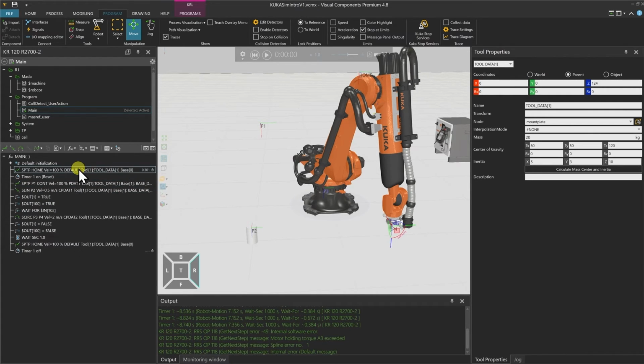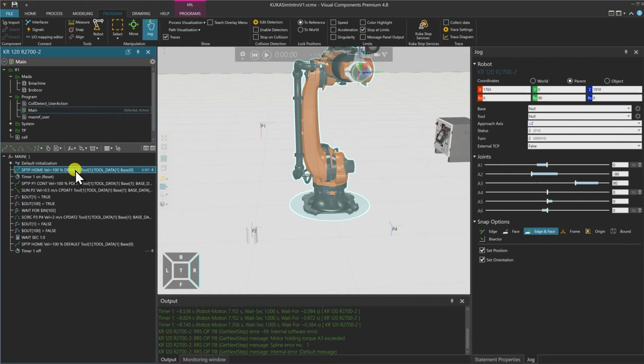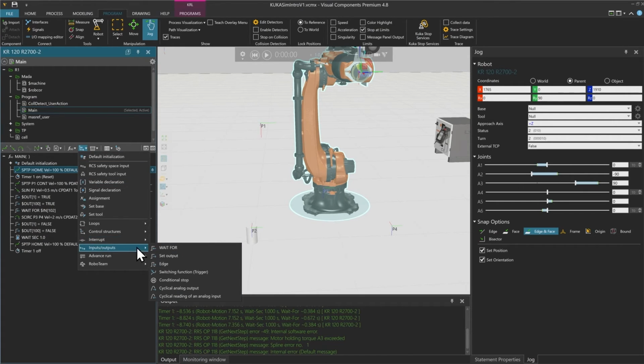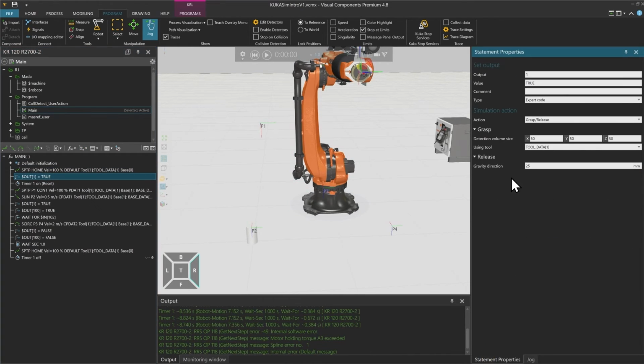So starting from the home position here in the jog mode, I now want to output this out signal 17, set output. And I will go to the statement properties and now enter this 17. And you will see that here it changes the action to a trace on and off with the material red, so red color.